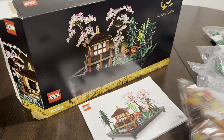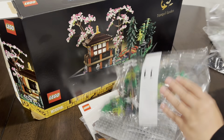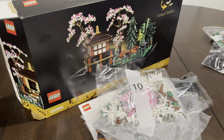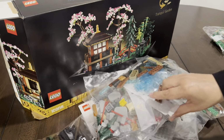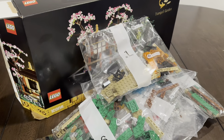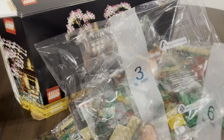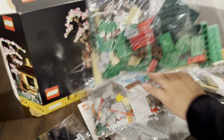So as an enthusiast of both Lego building and Japanese culture, I was thrilled to get my hands on the Lego Icon Tranquil Garden Creative Building Set. This has over 1,000 pieces and it's rated for 18 plus. So this is a very challenging Lego set. However, it's absolutely beautiful. From the moment I opened the box, it felt like you're transported to a serene